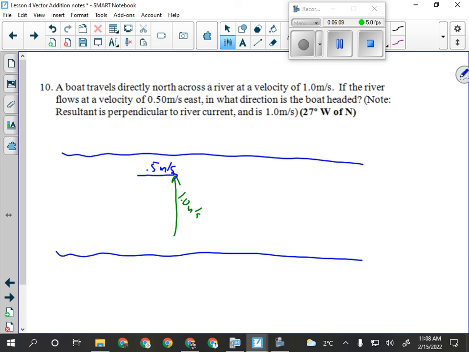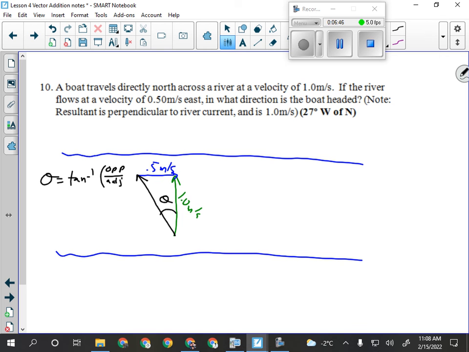In what direction is the boat headed? So that means that our rowing vector looks like that. We're not going to need to know the length because they don't ask for that. They just want to know the direction. Sometimes a boat question that's going across actually gives you the resultant. Instead of the last one, which gave us the hypotenuse on the opposite side, this one is giving us the adjacent and opposite sides. So still a similar idea, it's just now theta will be tan to the minus 1 of the opposite side